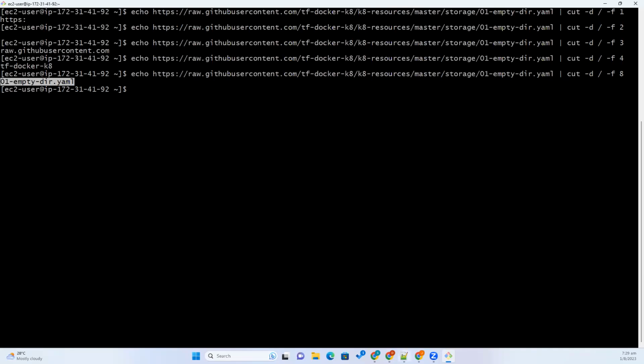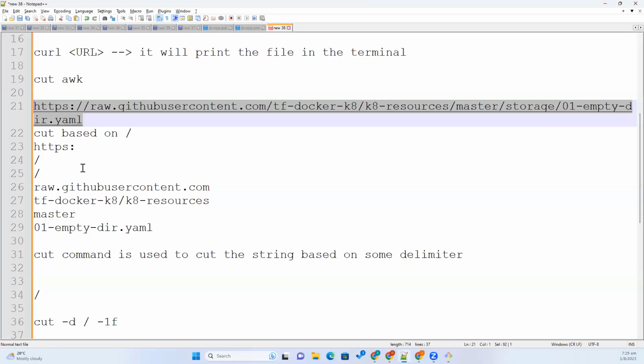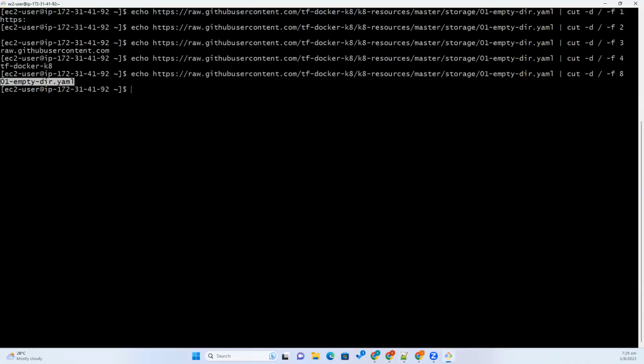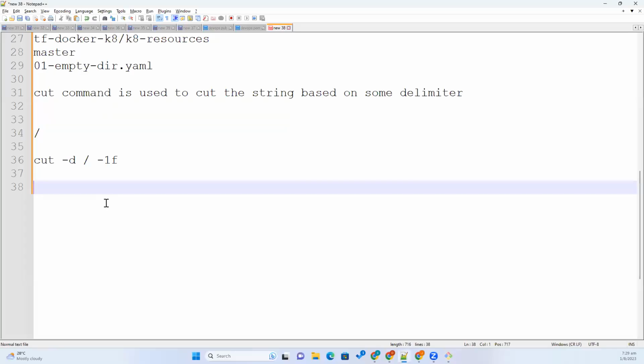But there is another very useful command, that is AWK. You will find a lot of usage of cut and AWK in our upcoming sessions, but for now I'm just discussing the syntax. With the cut command, you need to calculate manually what the last fragment is. But in AWK, you don't need to do it. You can just give AWK hyphen F. So instead of D here, the option is hyphen capital F, and you can give slash, that single quote, and then braces, print